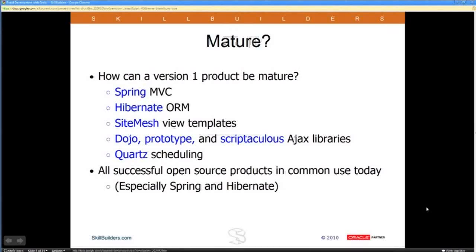So the version of Grails at the moment is version 1.3. I think 1.3.3 came out yesterday. I immediately downloaded it and found a bug, but I'm using 1.3.2 in today's presentation. How can a version 1 product be considered mature? Well,